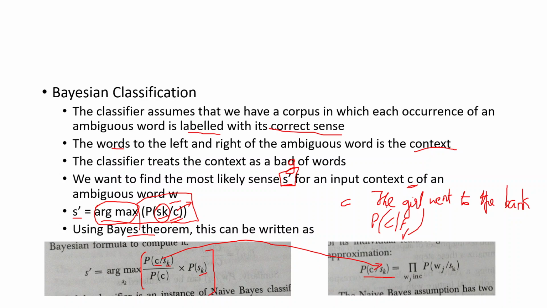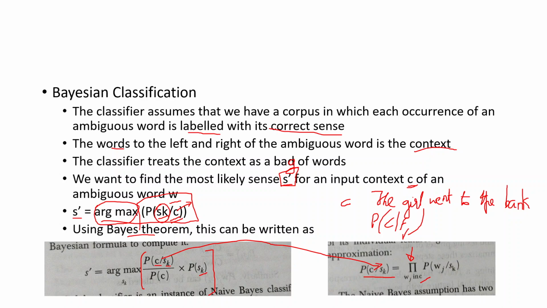So we split it based on each of the words in the sentence. That is why we have this pi, which stands for a product, and Wj is each of the words in the sentence C. For each of these words in the sentence C, we find the probability of each word and multiply them. When we multiply, we are assuming that the probability of occurrence of each of these words is independent. If there is any dependence between them, then that does not work. But here we are assuming all these words are independently occurring within the sentence. That assumption might not be correct sometimes, but in most cases it is, so that is why we go for this assumption of multiplying.